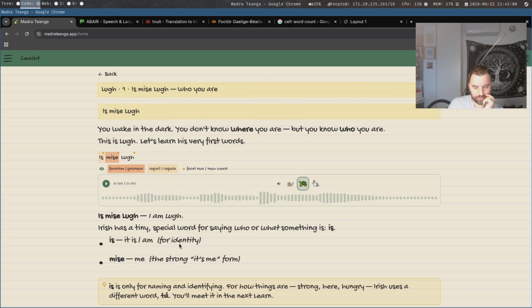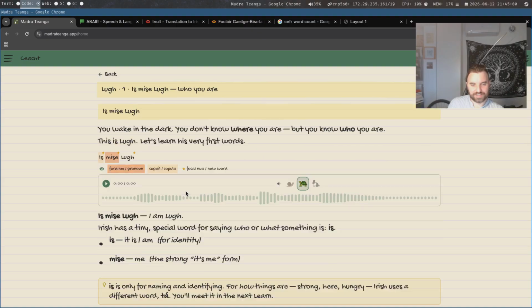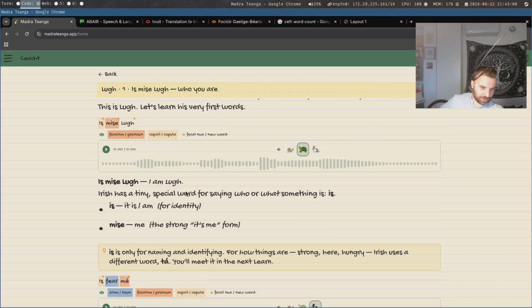It is I am. It's funny, this is the first sentence in Irish, and you have to teach the copula, like how to use Is Mise, is versus tá, all these relatively difficult concepts for an English speaker. So is identity, I am. This is like ser and estar in Spanish. You need to learn it up front, and it just confuses things, and then you overstress about it. Is mise. Yeah, I don't know if this makes sense to people. It might need to be simplified a bit more.